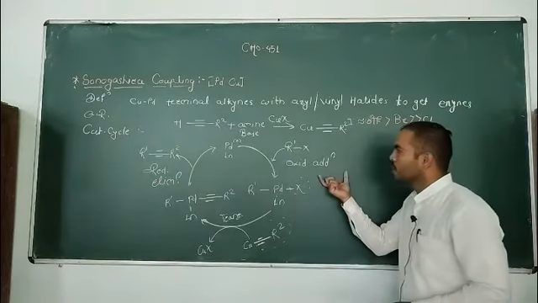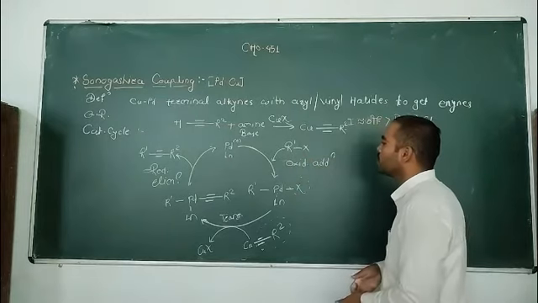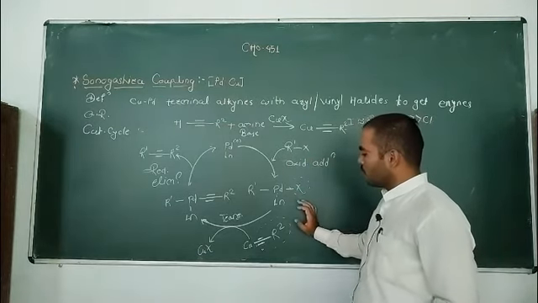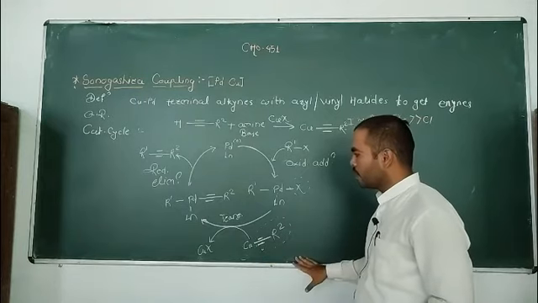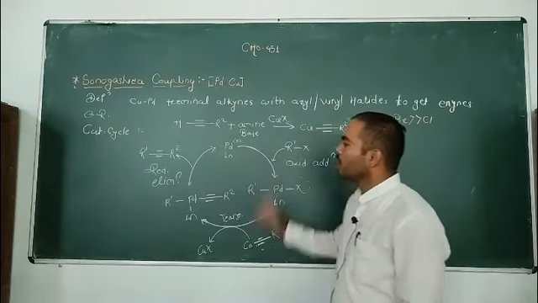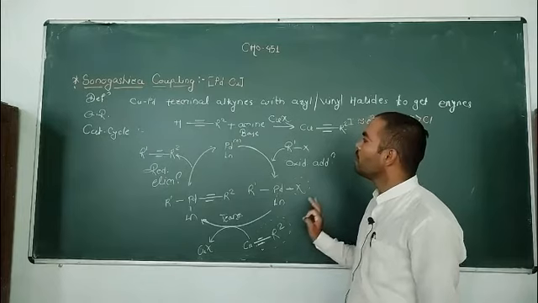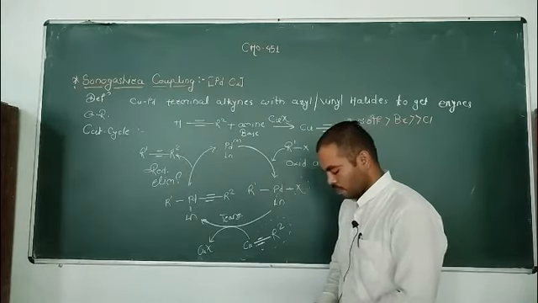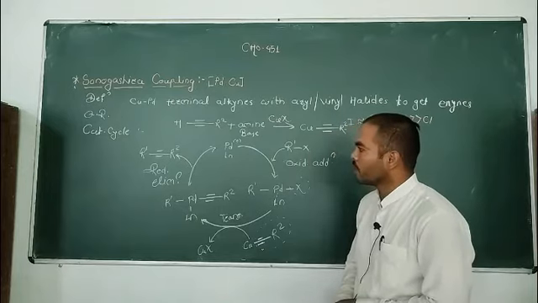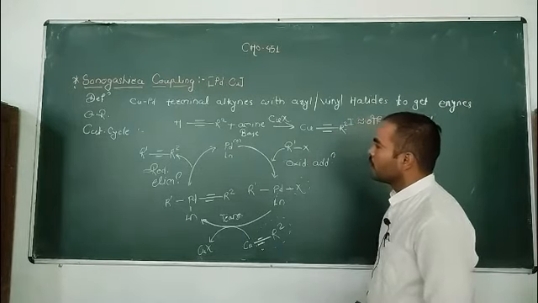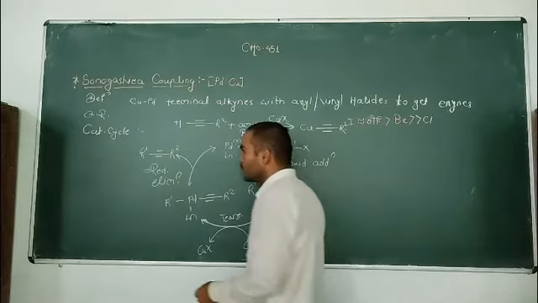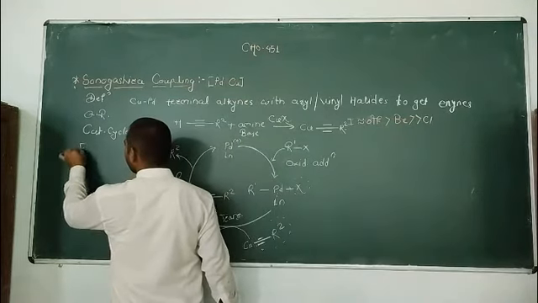First, oxidative addition: palladium shows oxidative addition to the alkyl halide. After that, transmetallation of copper and palladium metal, and then the last one is reductive elimination. This one is the simple mechanism or catalytic cycle for Sonogashira coupling reactions. Okay. Now the next part related to this reaction is our examples.